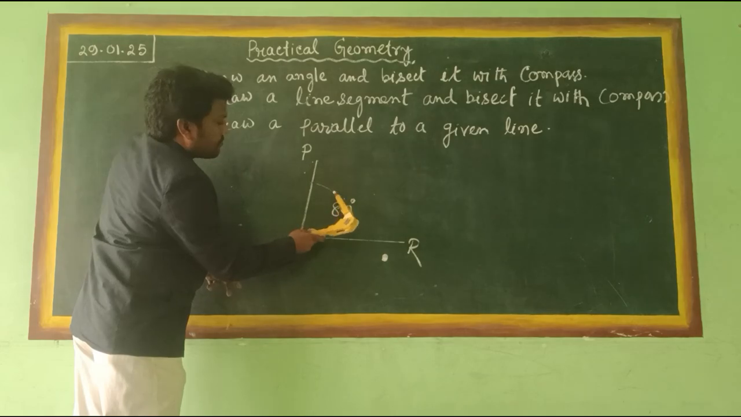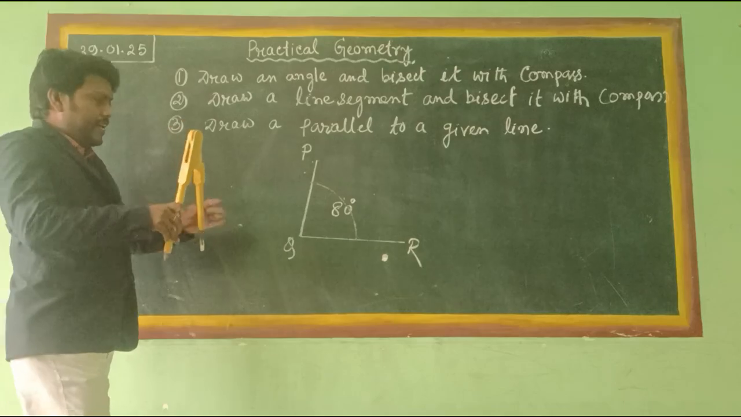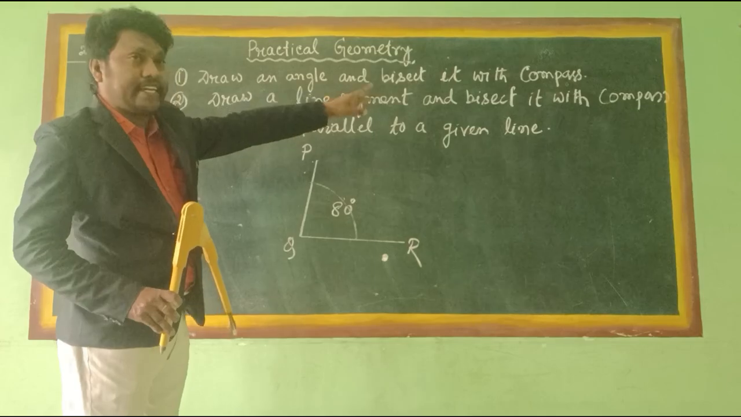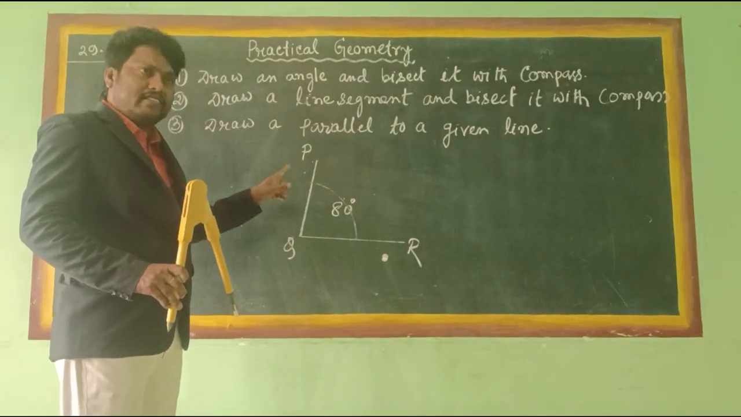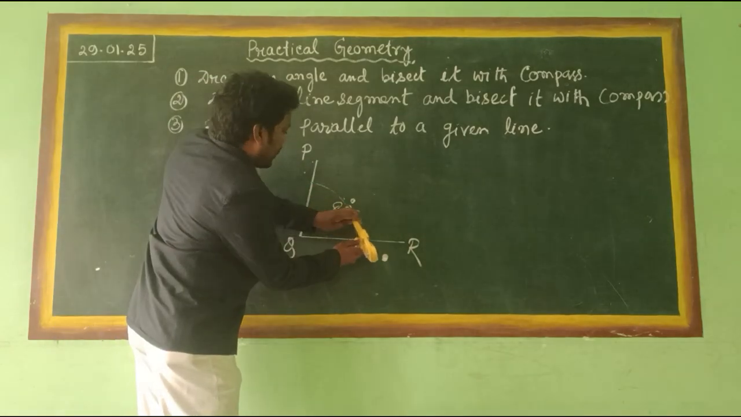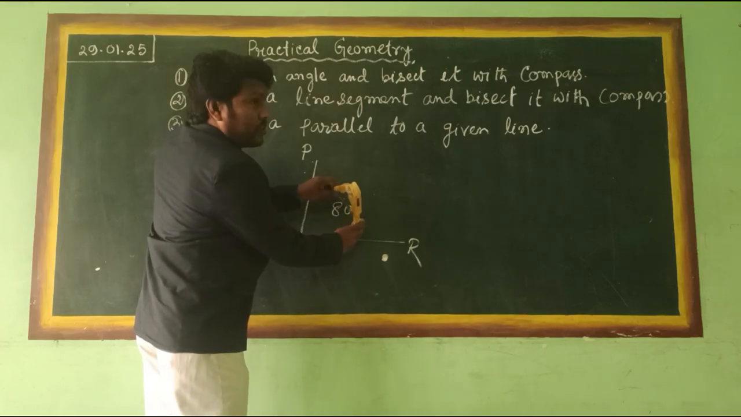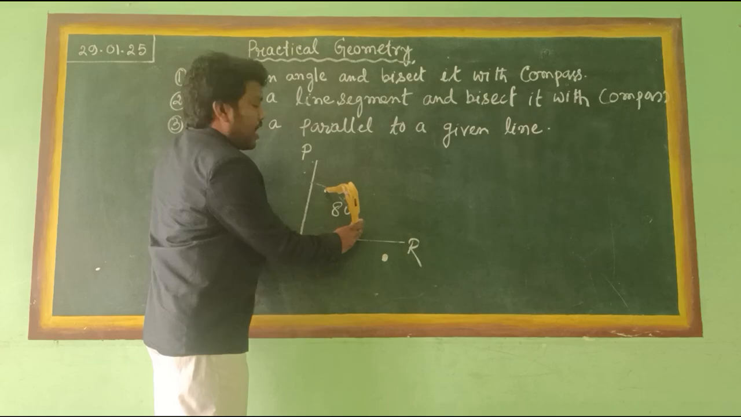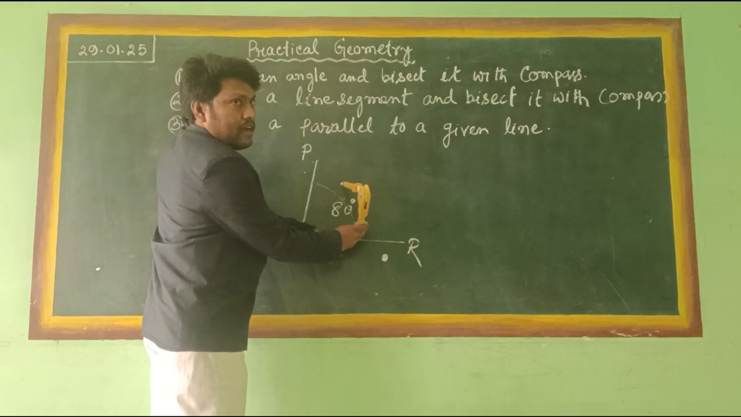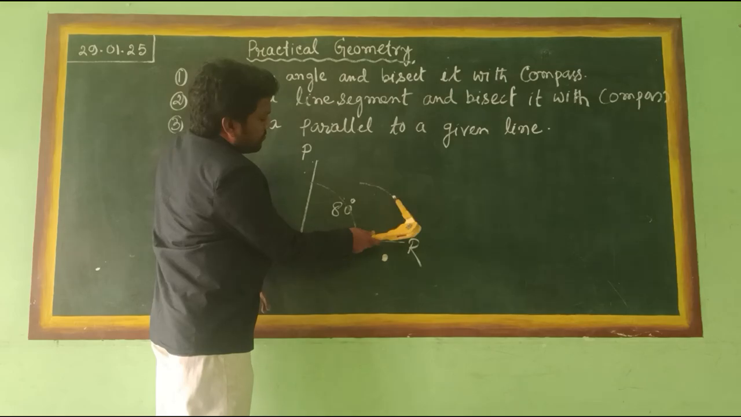Then make an arc of any length. Then second step. Actually, when I am bisecting, I have already drawn the angle. Now take the arc length more than half of the radius. Then from this point, I place the needle on this intersecting point. Now cut here